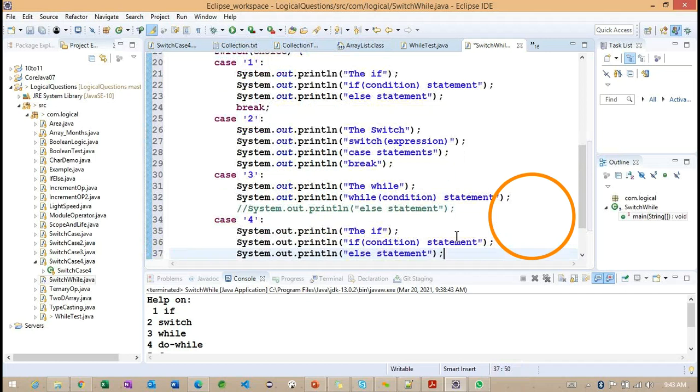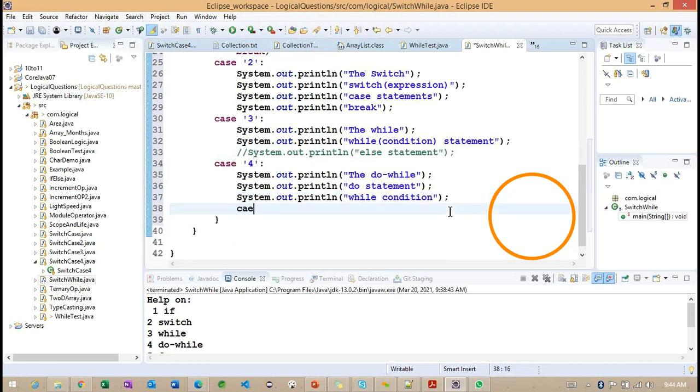4. So this is do hyphen while. What are we going to do here? Sorry, this is do statements, and another one, while condition. And the final one we have here is called fifth.